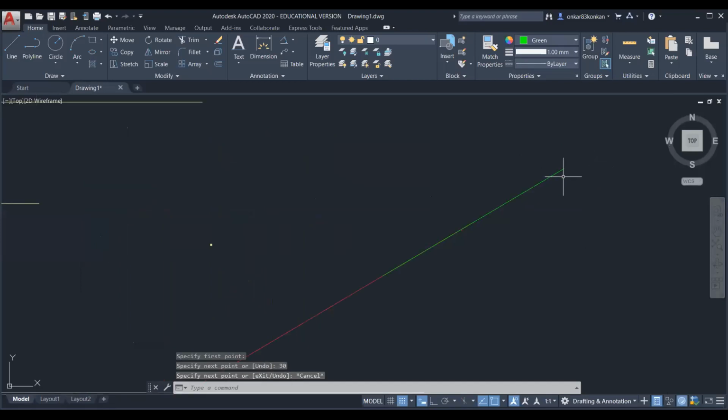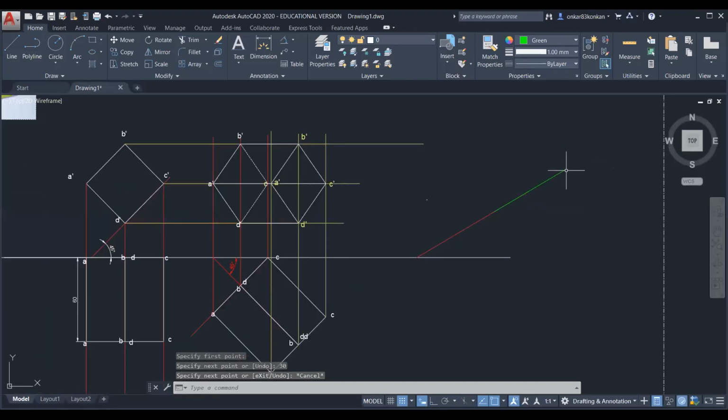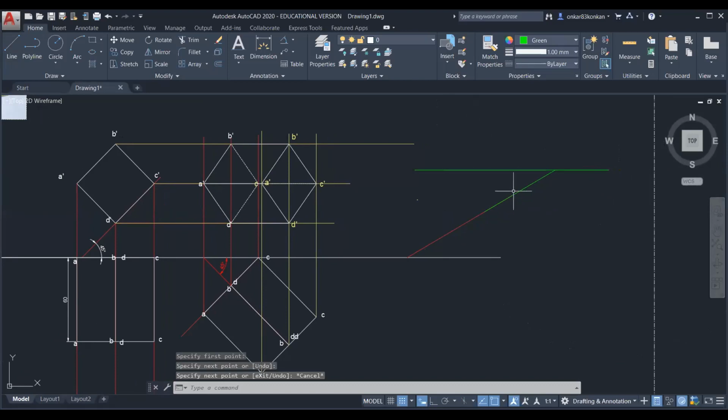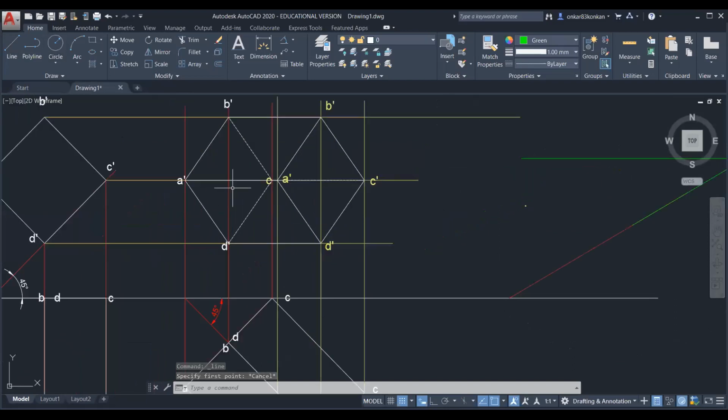Okay, now from this point, we will get the locus. So draw the horizontal line. So this will represent the locus. Okay, on this line, we will get the actual point of the front view. So let us name these points.